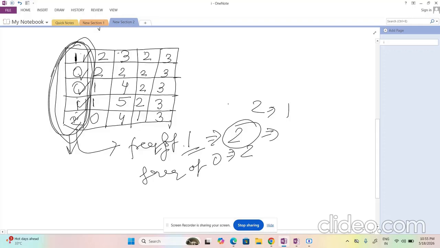what is the size of this complete column? If you see the first column, the 0th column, what is the size? Its size is n, the rows. Okay, so this is the size, which is 5.